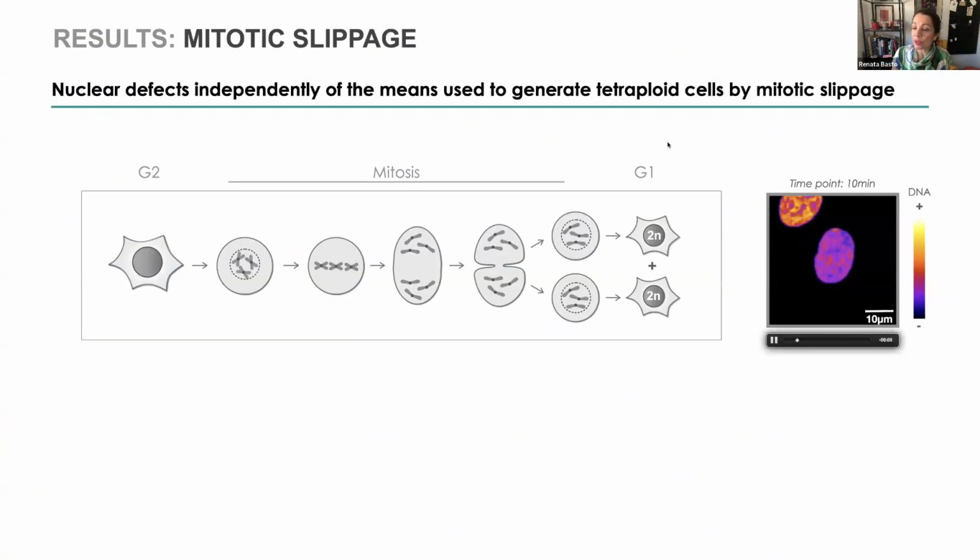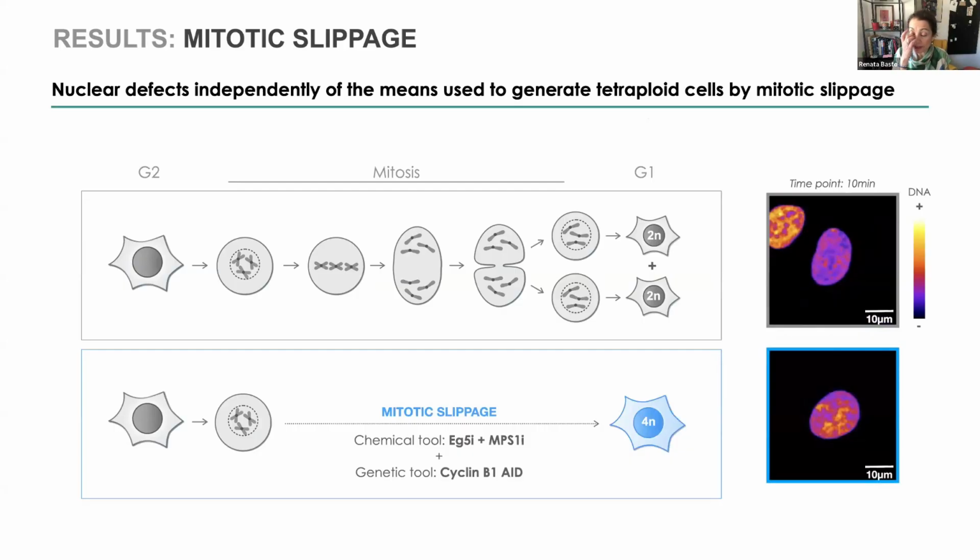Here I'm showing you a nucleus that is going into mitosis. You can see 2 daughter nuclei, and if you compare the mother nucleus with the 2 daughter nuclei, they seem very similar, except that they have, of course, different sizes. Now, if we induce mitotic slippage, and this can be achieved either through chemical inhibition of EG5 and MPS1, or using auxin